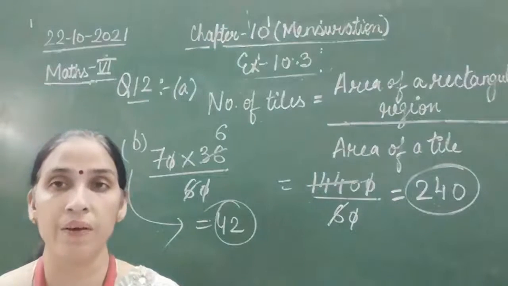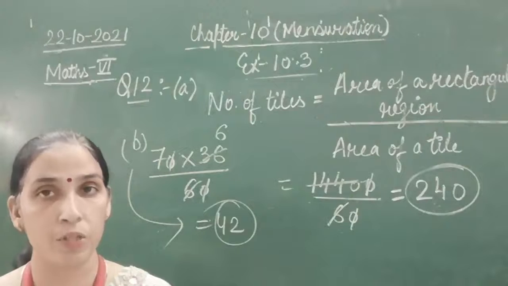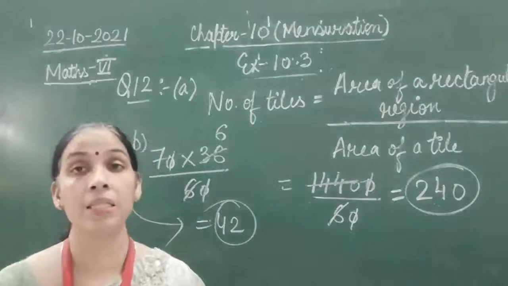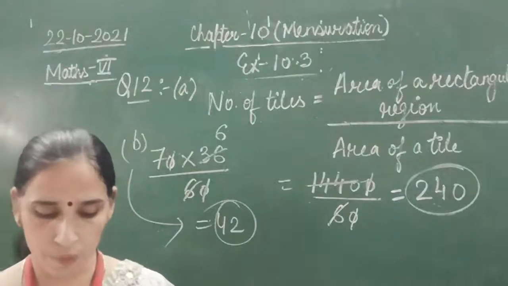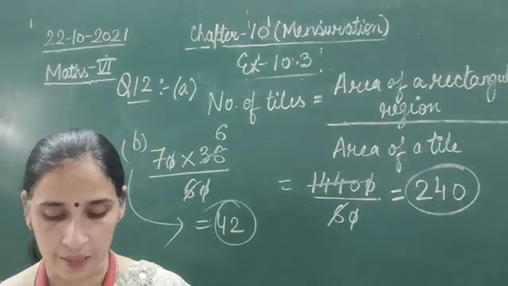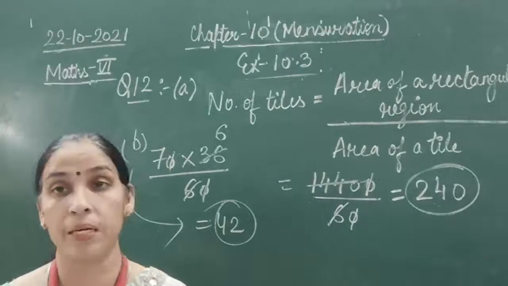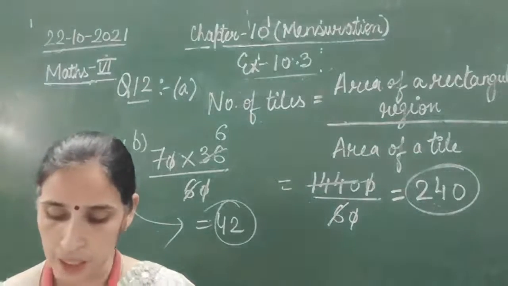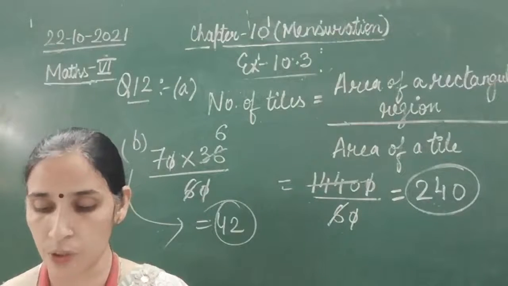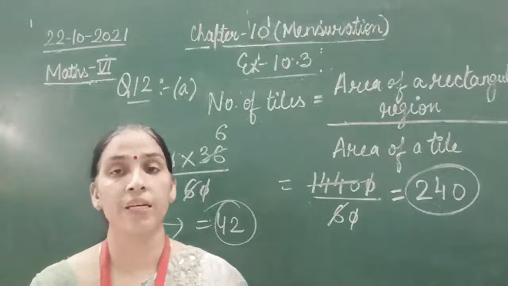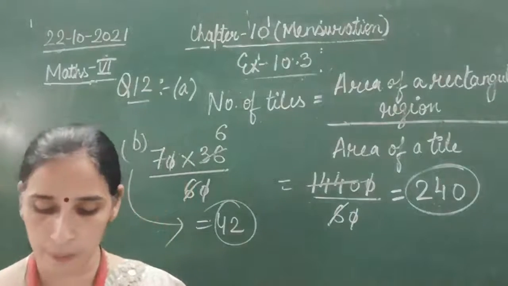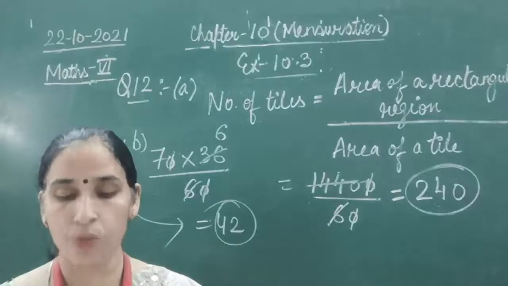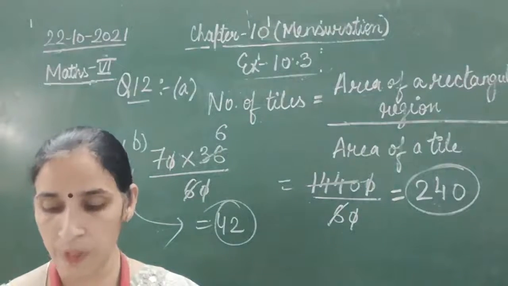So children, with this we have finished chapter 10, that is mensuration, and in our next class we are going to start chapter 11, that is algebra. What do we mean by algebra? Algebra means arithmetic questions that are related. Geometry is the branch of mathematics in which you studied shapes. Algebra is the branch of mathematics in which we are going to study the basic idea of a variable, how we can take a variable and how that variable is used to find out the value of certain things that we have. That we are going to do in chapter 11.